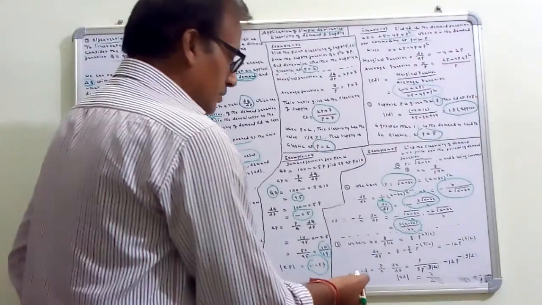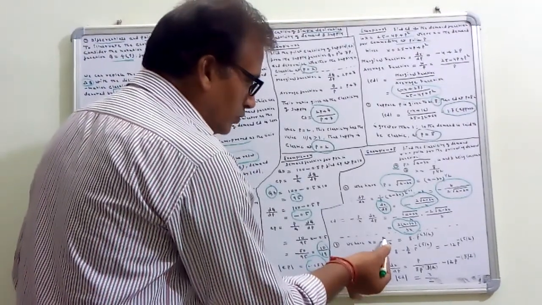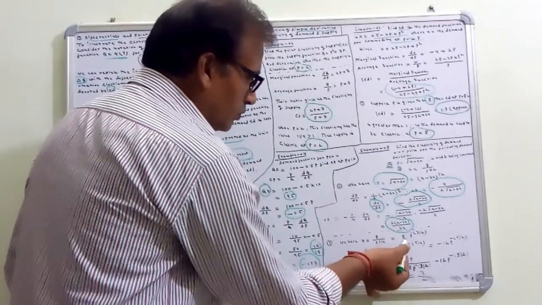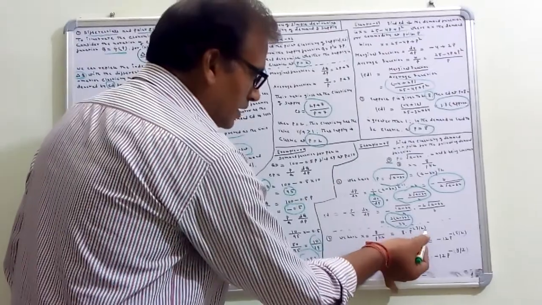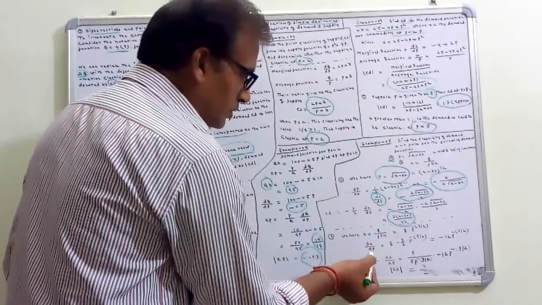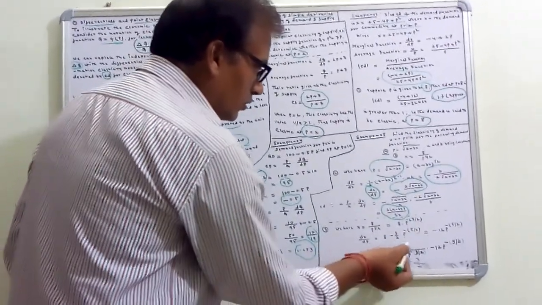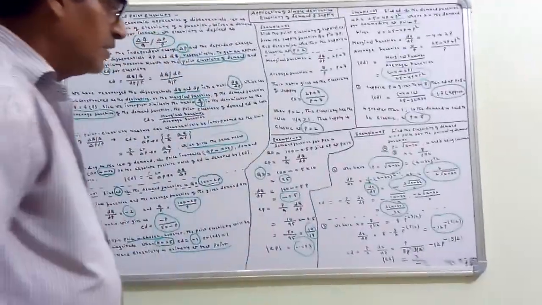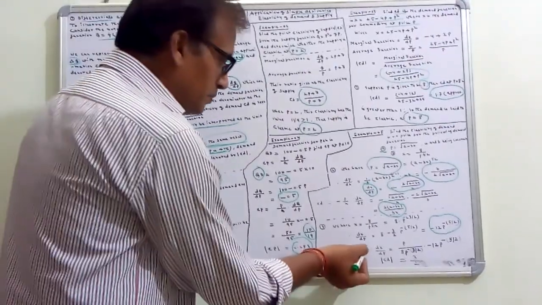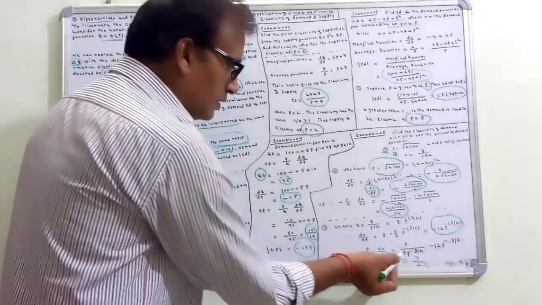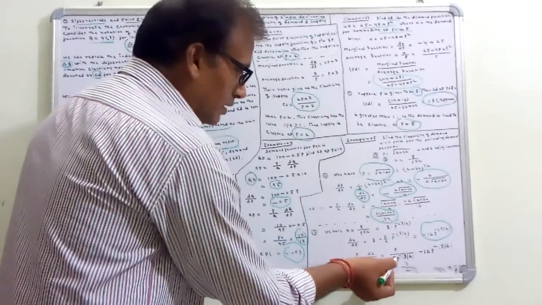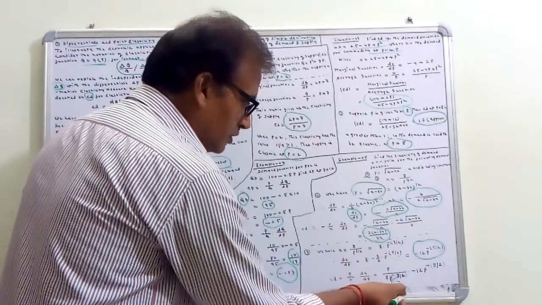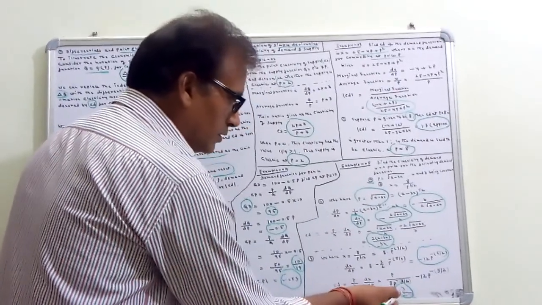Now in B, we have x equal to 8 by P to the power 3 by 2 equal to 8 into P to the power minus 3 by 2. Now dx with respect to P equal to this one after differentiating. Now ED equal to P by x into dx by dp, putting the values of all this, we get elasticity of demand, that is 3 by 2 in modulus form. That's all.